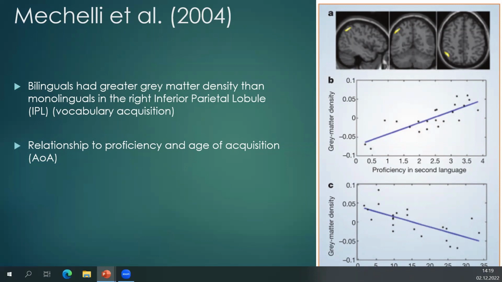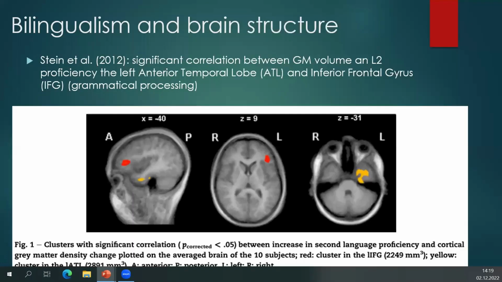Right. So this was the first study that started it all, practically, right? Later on, other people found other things. Stein et al. in 2012 found significant correlations between gray matter volume and proficiency in the second language, in the left anterior temporal lobe, this part here, and the inferior frontal gyrus, this part here. Both regions have been linked, among other things, because everything in the brain does everything, to grammatical